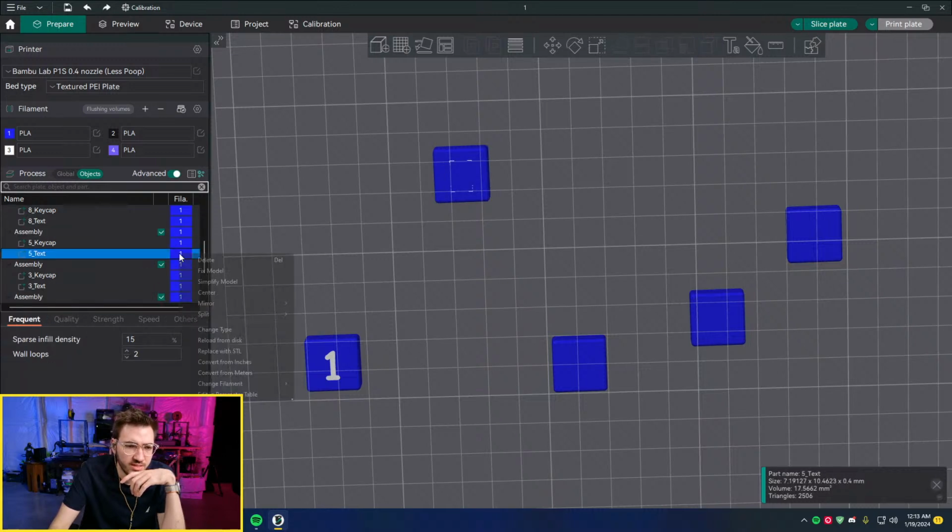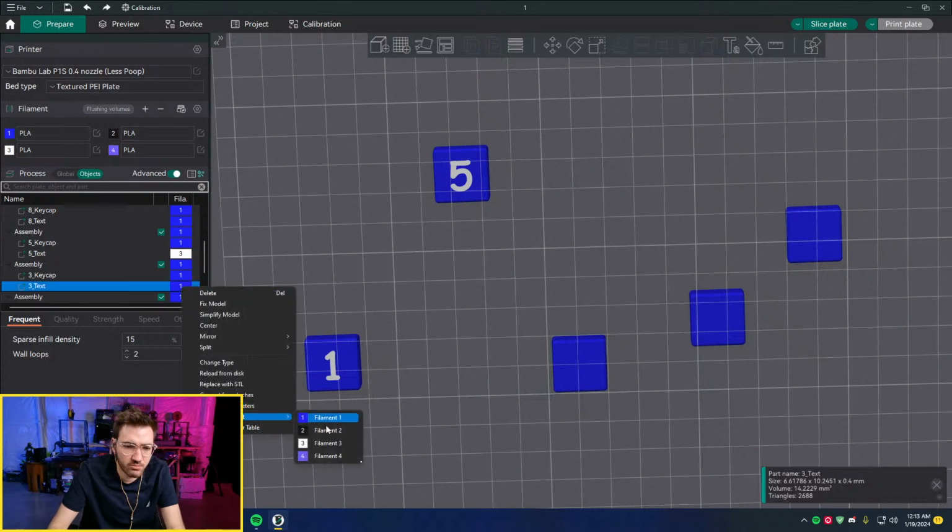So what I'm gonna show you with these is kind of how I print these. These are on the repo if you're not aware, so you can print them yourself, but